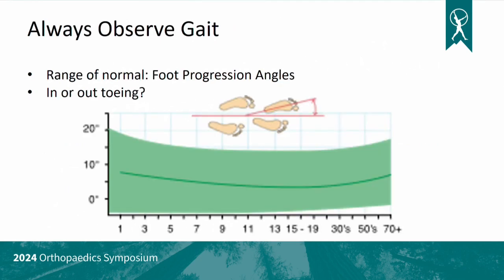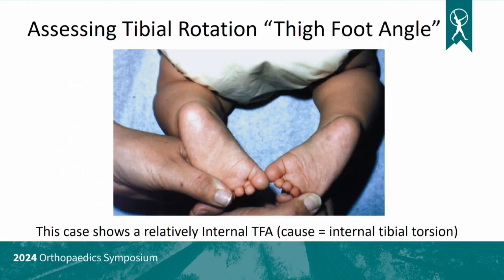So if you look at the gait, this is that foot progression angle. Most people point out just a little bit, and this is a graph of kind of age changes over time as to how this changes, but 10 to 15 degrees is kind of about the average out-toeing. So this is the thigh foot angle. So we lay them on their tummy, we bend their knees up, and we draw a line kind of down the thigh and a line down the foot. And this kid would have an internal